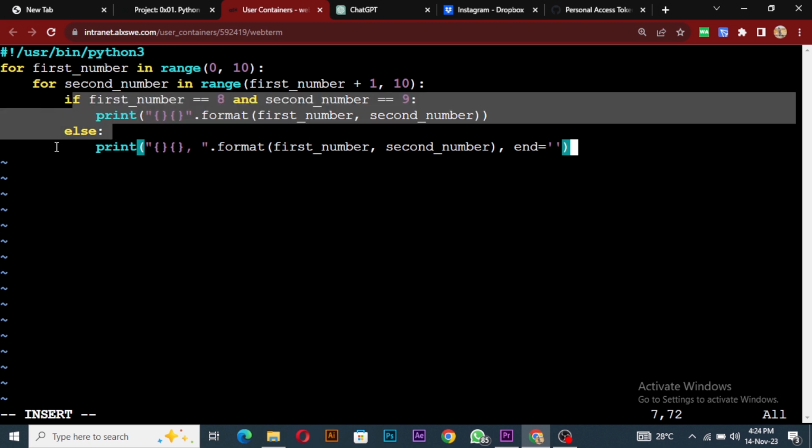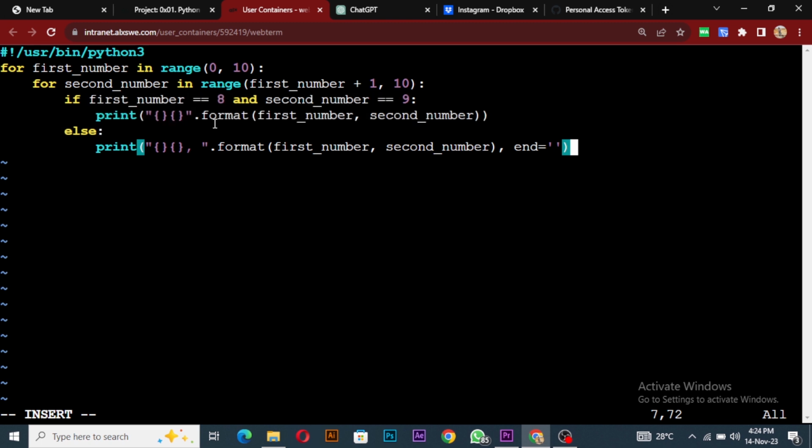So these are the 3 major lines, right? Majorly we are saying that you've created these 2 loops. It's going to go from 0 to 10. The first one will be 0, so 0 will be printed, and then when 0 is printed, it's now going to enter the second loop and